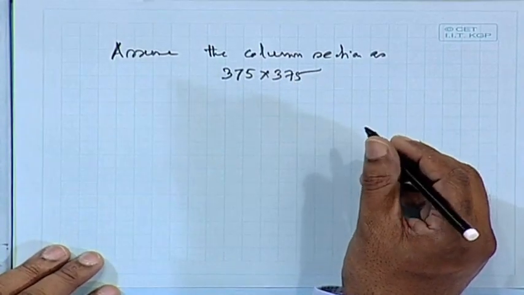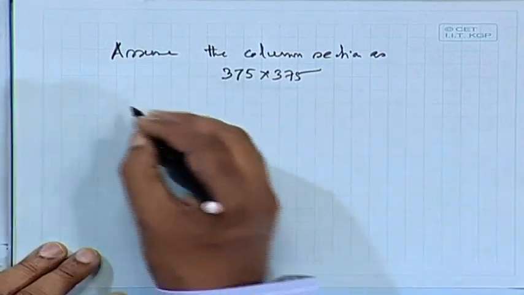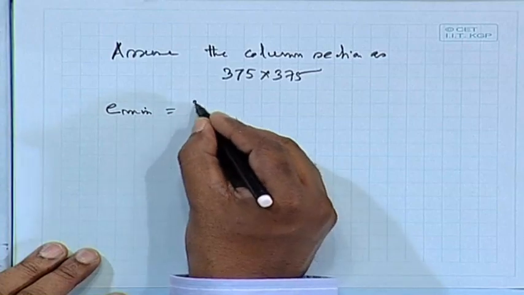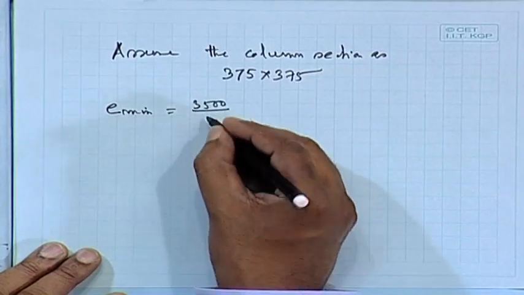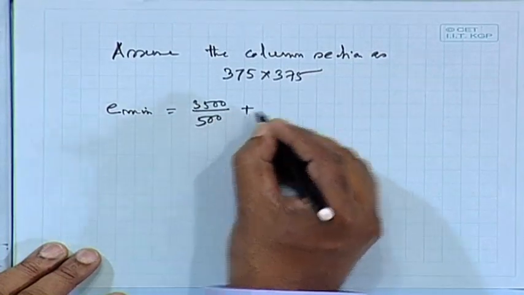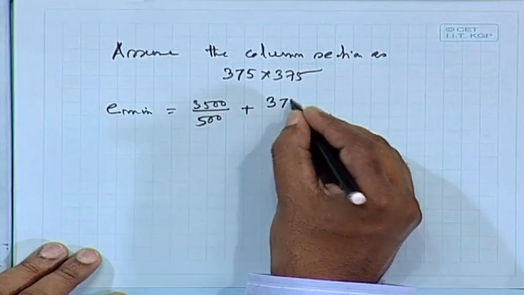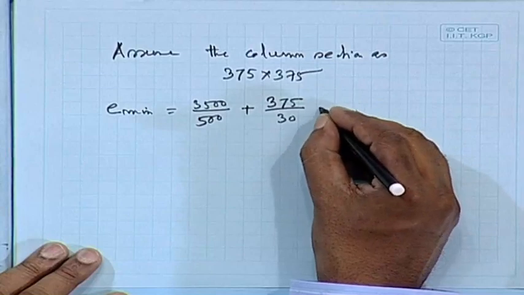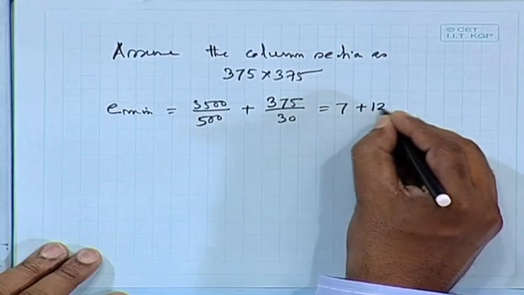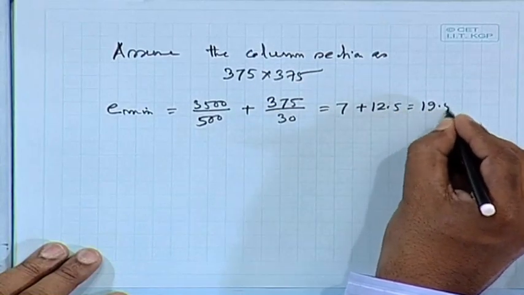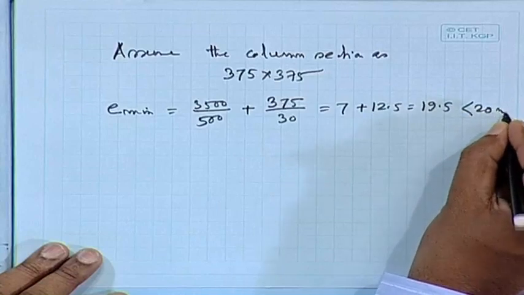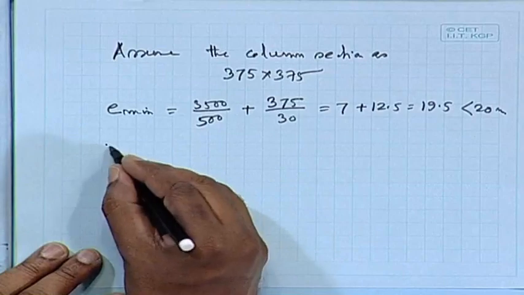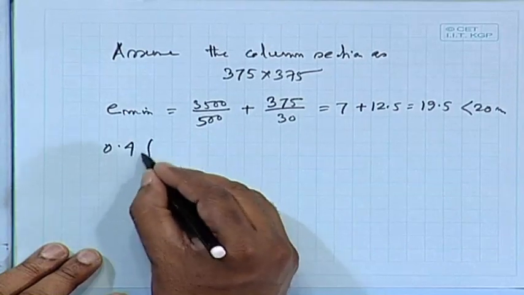So, what we can do here, e min, that is L by 500 plus 375 by 30, which comes as 7 plus 12.5 equal to 19.5, less than 20 millimeter. Whatever the area of steel, we can take the same formula,